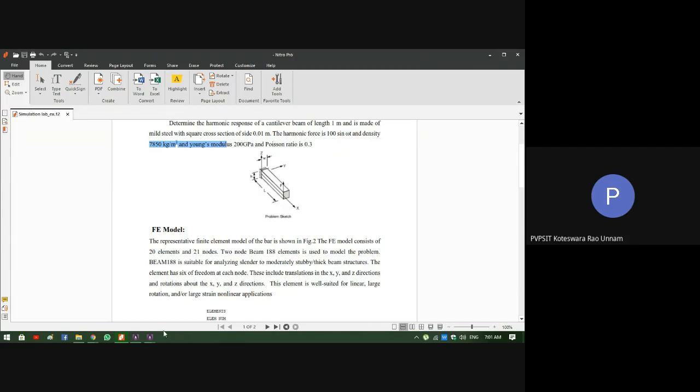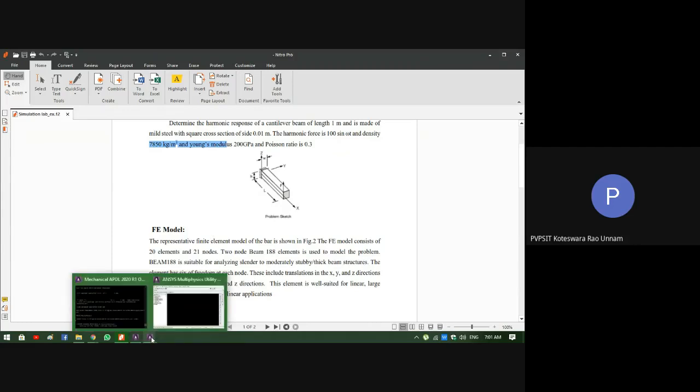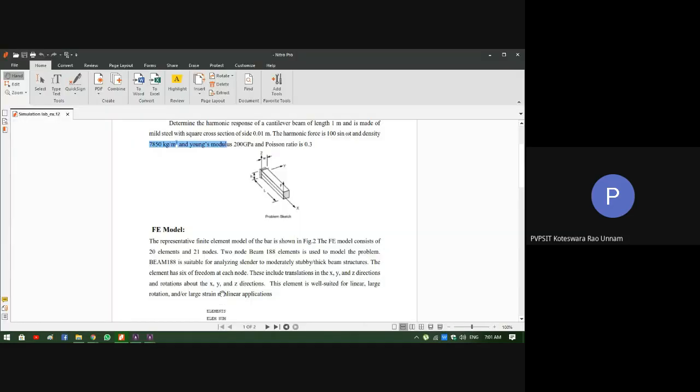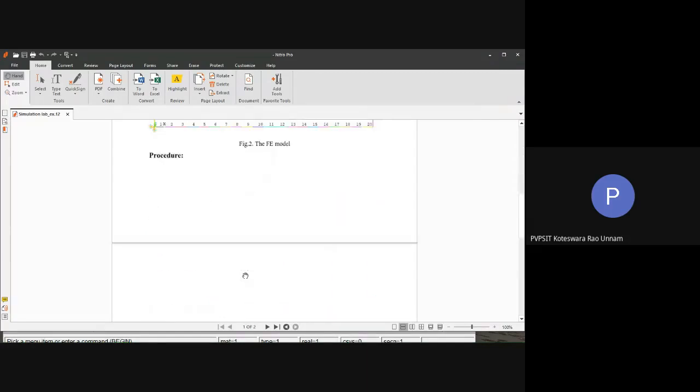Okay, right. Now we'll see the solution in the software, how we can do that. I'm not giving the analytical solution for this. If you are interested, you can try it, or else you can leave the analytical solution results. Anyway, in our result section, you don't have to compare anything here. You just need to paste those two plots here. So that means analytical solution is not required, or if you are interested, you can try it.